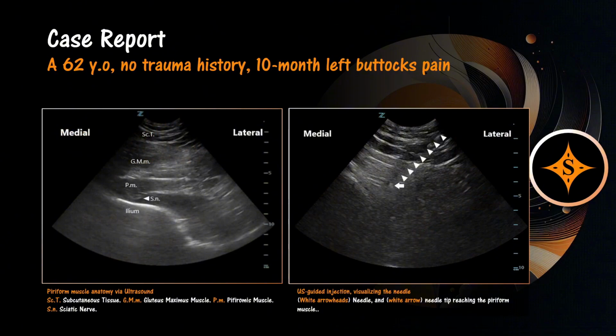These two are images of the ultrasound of the patient. The left one depicts the cross-section anatomy based on a 2D ultrasound of the buttocks region. As you can see, the top layer is the skin, and directly beneath the skin, SCT refers to subcutaneous tissue, which is filled with fat. And below that is the gluteus maximus muscle, a thick layer of muscle tissue. And below that is the piriformis muscle, the PM. And under that runs a rather thick